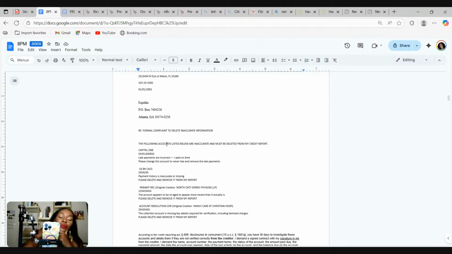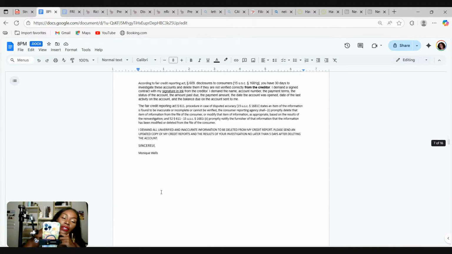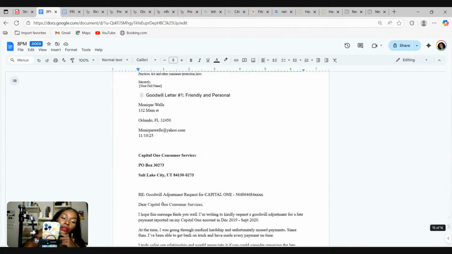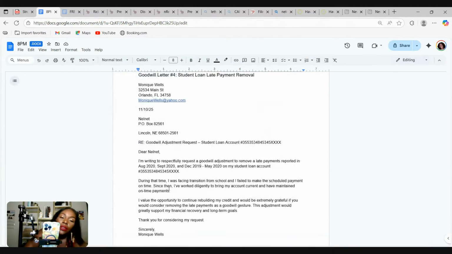Okay, so y'all have to actually do the letter to the credit bureau, and then y'all also have to do the letter to the student loan servicer. Remember, I told y'all we've got to wait to send a letter to the collection company. We need a certain amount of time, all this stuff. No, we don't necessarily have to wait for these student loan servicers because this is a late payment. We're not trying to set up a